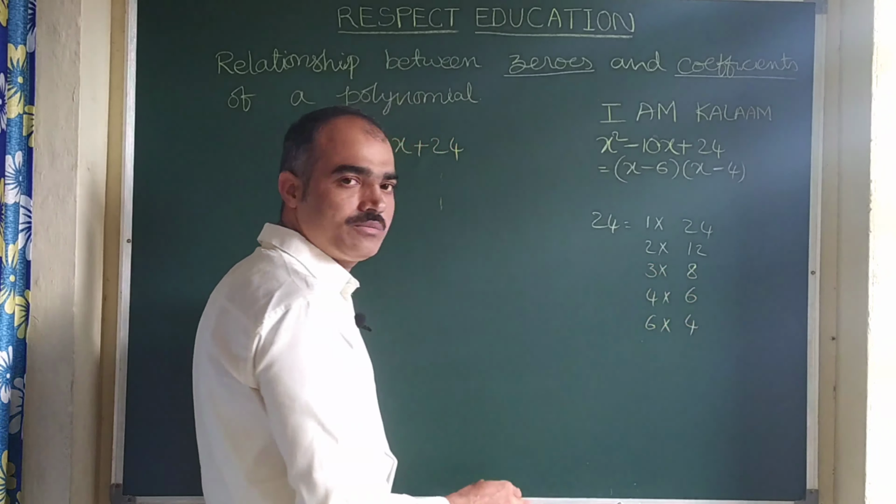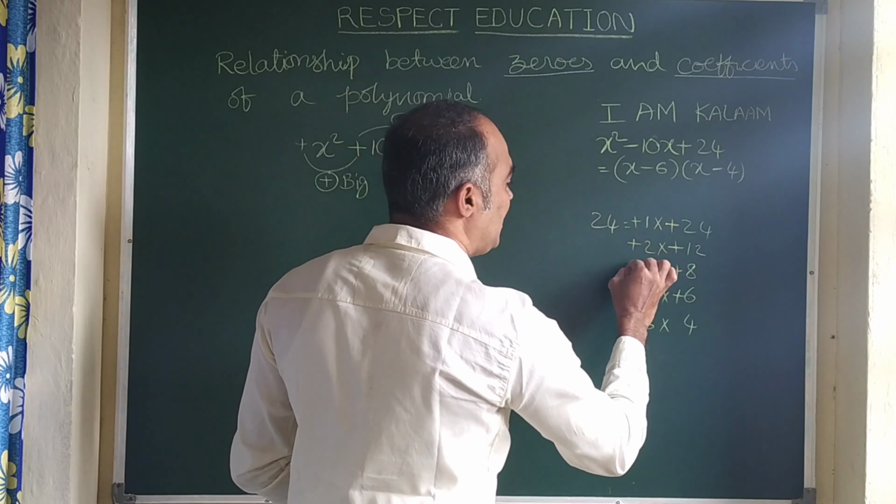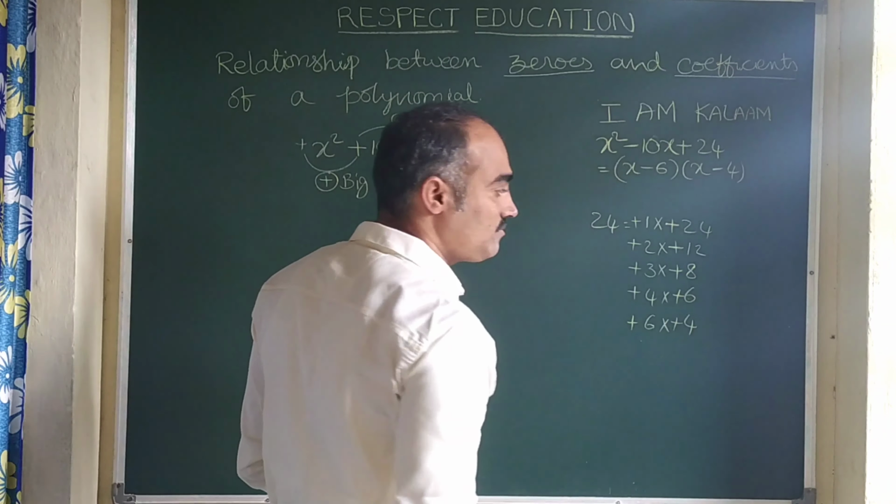Now we need to give the symbols. See, first one here, no symbol is there, means here plus is there. Plus into plus is plus. Plus into plus is plus. This plus is given for the bigger value. So let us give plus for the bigger value. Here this is plus, here 12 is big, so it is plus. 8 is big, so it is plus. 6 is big here, so plus. Now multiply this plus and plus. This is also plus. So in this problem, the smaller number also gets plus only. So here this is smaller, plus, plus, plus, plus, and then plus.